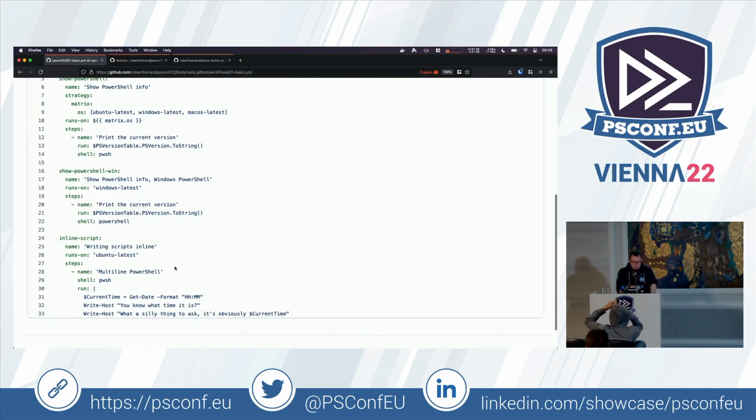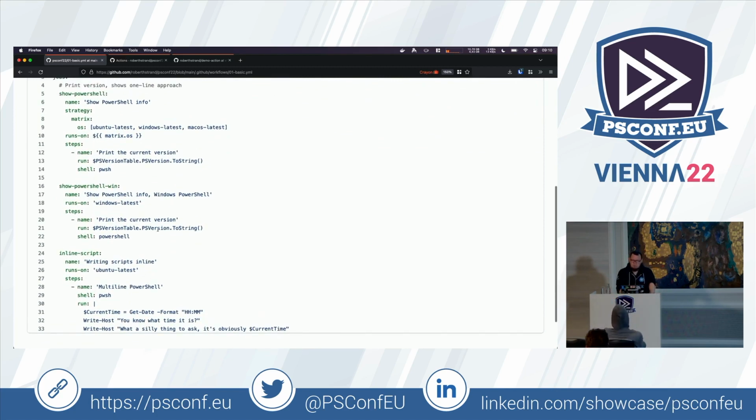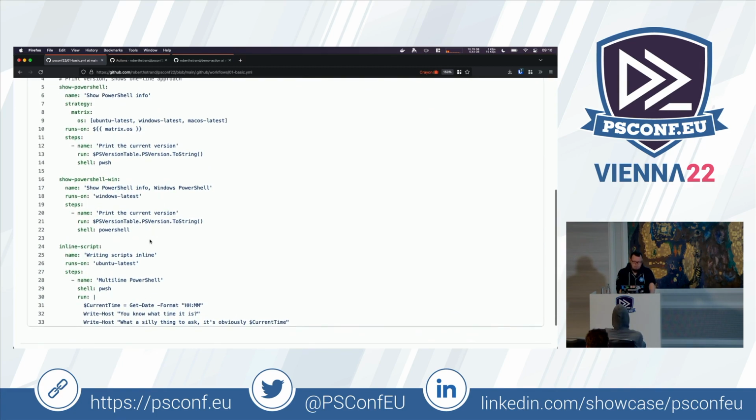And then I just wanted to show, as you can see here, this is just run, and in this case it's basically just getting the PS version table variable, but I also wanted to show how you can do inline scripting with a